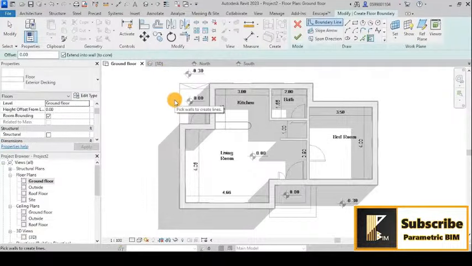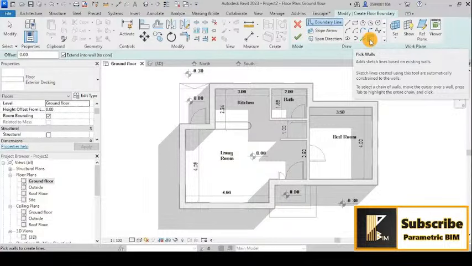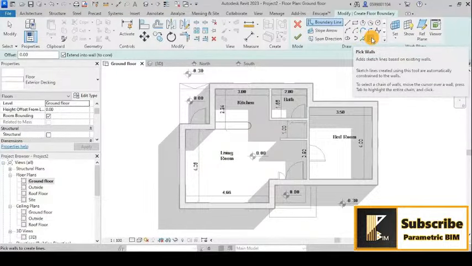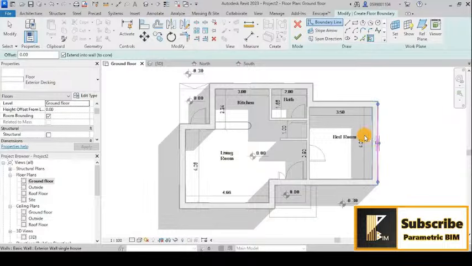Once you choose that, you have the opportunity to draw a new floor, but because we have walls or lines, we can pick lines or pick walls. And this is very important because when you have a section, you have to extend your floors to the structural element of the walls. So I will go with pick walls, and now pick these walls like that,